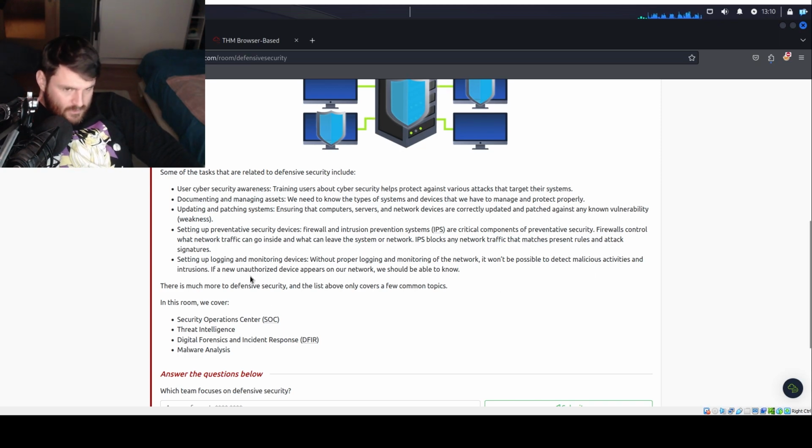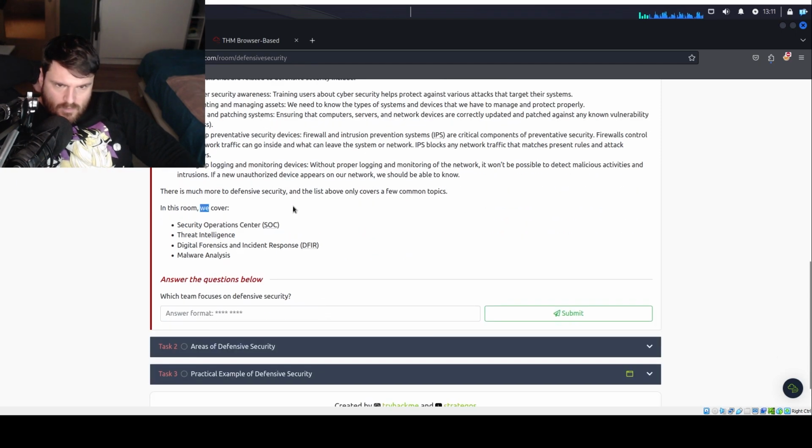If a new unauthorized device appears on our network, we should be able to know. Definitely. There is much more to defensive security, and the list above only covers a few common topics. Okay, in this room we cover Security Operations Center, threat intelligence, digital forensics and incident response, and malware